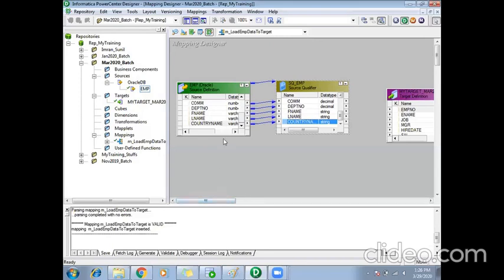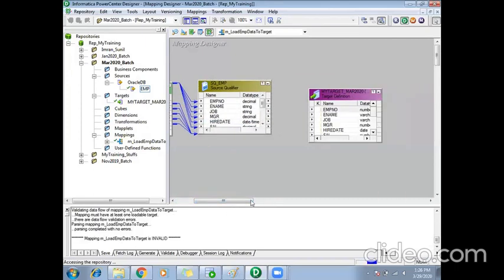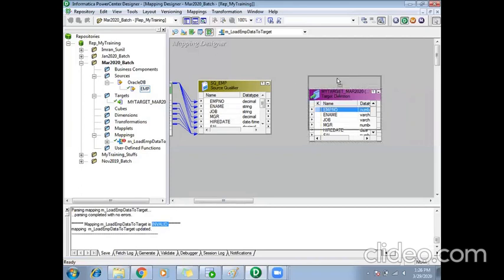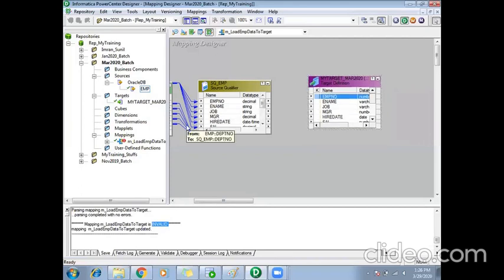Okay. So now I have my source, I have my target. If I save it, it will tell me invalid, because there is no connection between my source and target. If it is invalid, it will throw me an error, so I have to make it valid. As of now, I know I need to load all the columns data from this source qualifier to target, but still for now I'll just link the employee number only. I'll make it valid. So this is my logic now. We'll see what it will do.